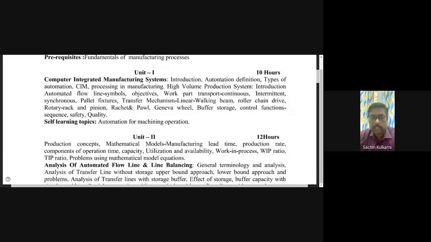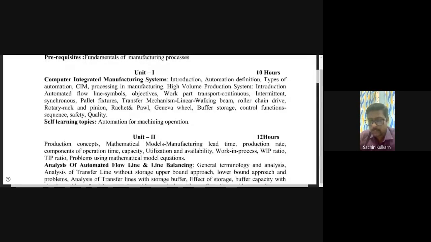So this is related to computers. How you are going to integrate all these things, like automation in the production system. How you are going to automate the production system. When the material comes into the factory, how you are going to automate everything, whether it is fixed automation, programmable automation, or flexible automation. It depends on the part variety or part quantity, how much quantity is coming, how many different types of varieties there are. That will come into this computer integrated manufacturing system. What are the different elements and all.